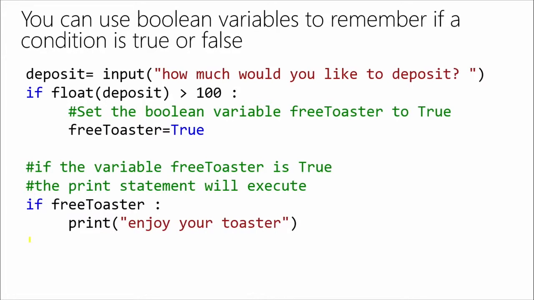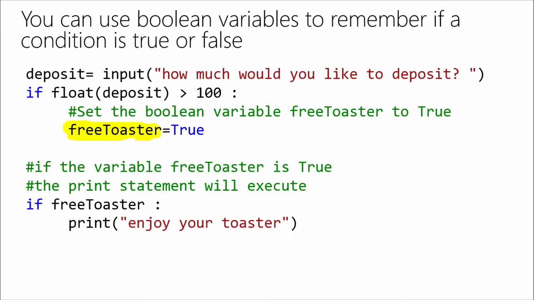Another neat trick, and I'll do a demo of this one in a second, is the idea of Boolean variables. There was one variable type we didn't talk about earlier, and that is Booleans. A Boolean variable allows you to actually remember the result of a condition. So in this case, I've got code that goes off and asks the person how much they want to deposit. And if they deposit more than $100, then I actually create, and we often call these variables flags. It's just a naming convention we often use for Boolean variables that store a true or false, because they're often flags to us. Has something happened or not happened?